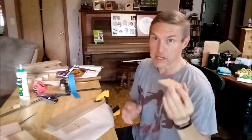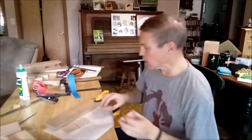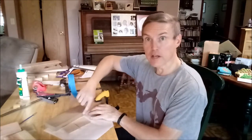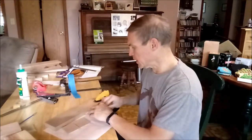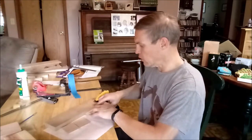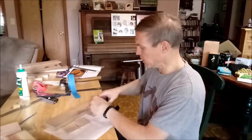If you've never clamped up a box with mitered corners before, this is probably the easiest way to do it, especially if you have multiple pieces that you're putting together. What I like to do is take a piece of scrap wood that I know has a straight edge on it, and then I will line a couple of pieces of my sides up, and then I will take a piece of painter's tape,